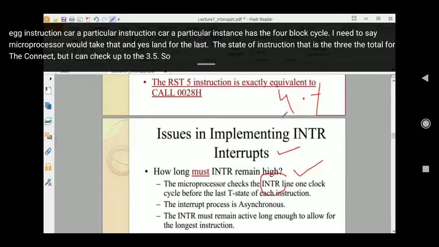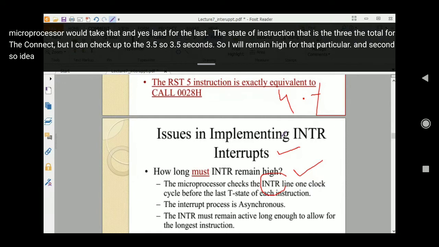So INTR will remain high for that particular cycle. In the timing diagram, suppose the timing diagram is given for one instruction.